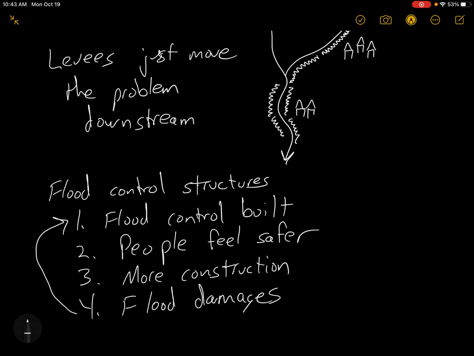So what happens? Well, we just get this cycle going over again, where if there's flood damages, then there's going to be a call for flood control. If there's flood control, then people are going to feel safe. And if people are feeling safe, they're going to start building more stuff. And so you get these weird cycles built in, where flood controls change the way people think and act, which then creates more risk because there's more things that could be flooded, and then create more damages that way. Okay, so that is the basics of some flood control, how we can try and predict these things, what the important flow is, and how that translates to